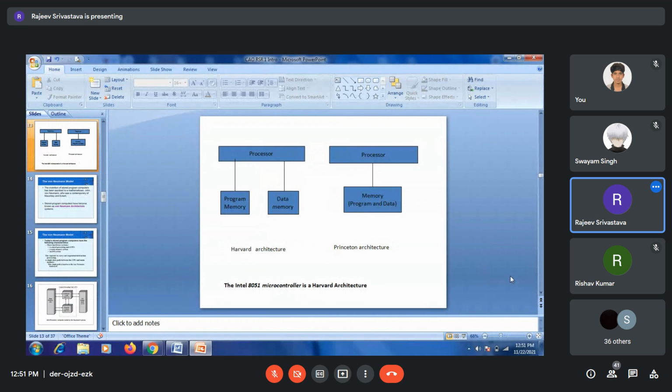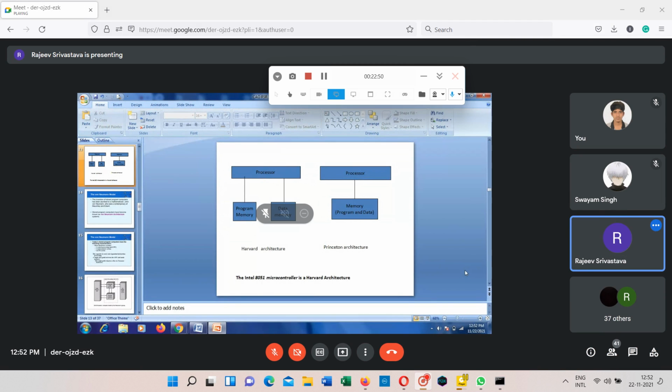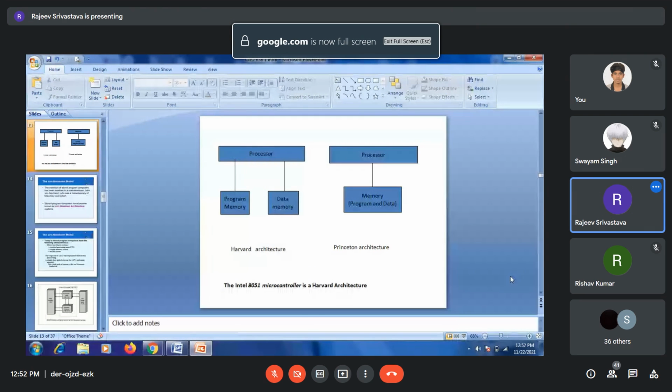If you see this one, Harvard architecture, the program memory and data memory are different, and in the processor. So this picture gives you a very clear idea that in the Princeton architecture, program and data share the same memory. In Harvard architecture, the program memory and data memory are different. So data are kept in one memory, program will be kept in another memory. And you can see some microcontrollers are based on the Harvard architecture, while all the computers which we use, like Cray 1, Cray 2, share program and data.